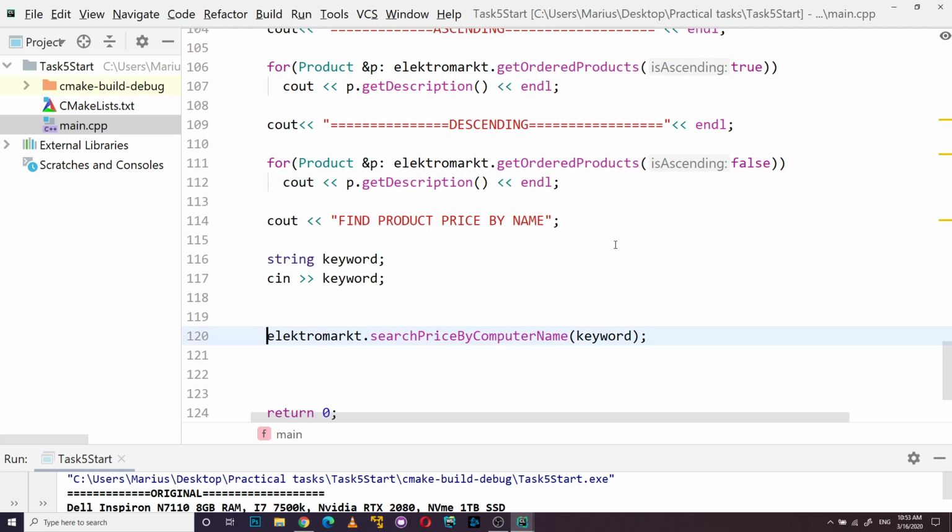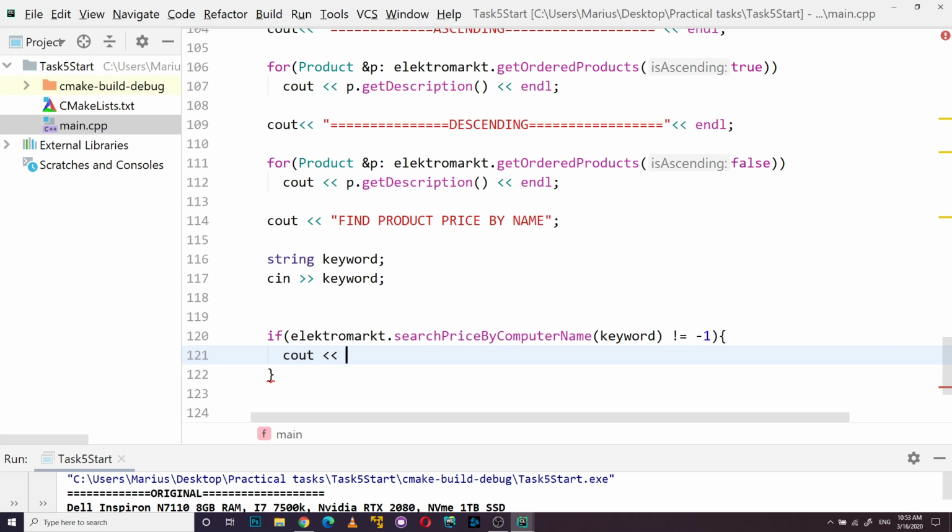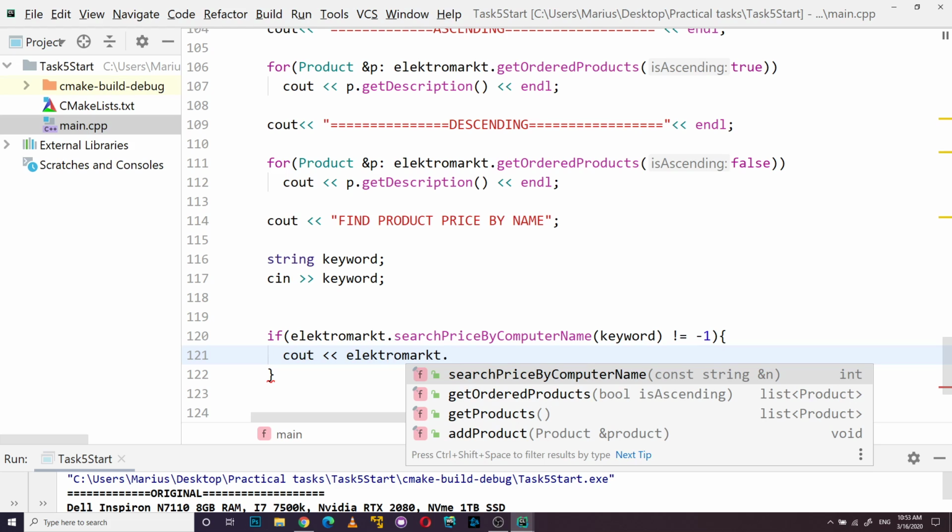We just try to check if electromarked keyword not equals -1. We cout electromarked